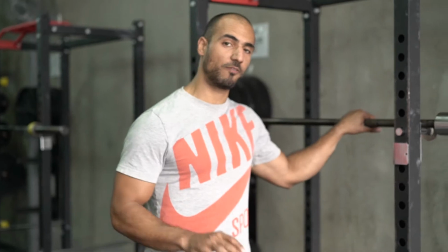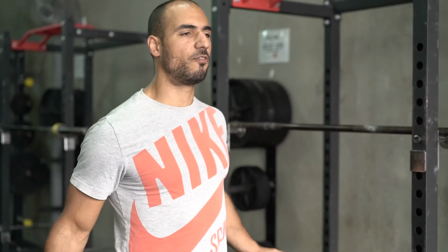Because of the amount of support it provides, it's very easy for people to just sort of rely on it, and you see them not even bracing properly, not breathing into the belt properly, and they're just squatting. And so sometimes you see them collapse. Even with the deadlifts, it's the same thing that happens. So we try to stay away from powerlifting belts, at least for as long as possible,